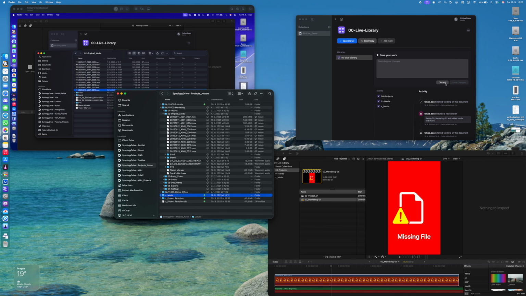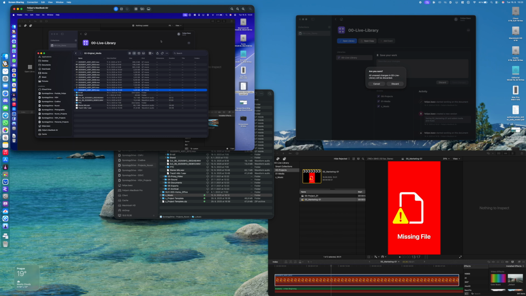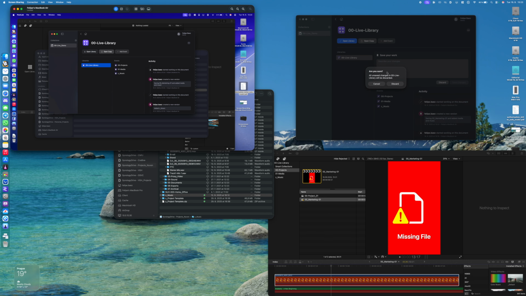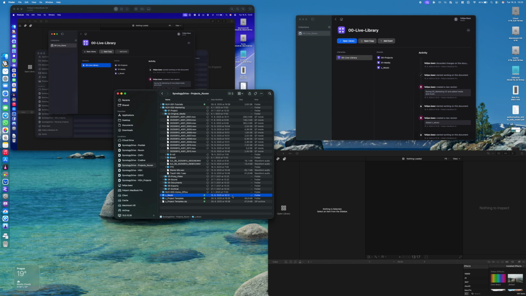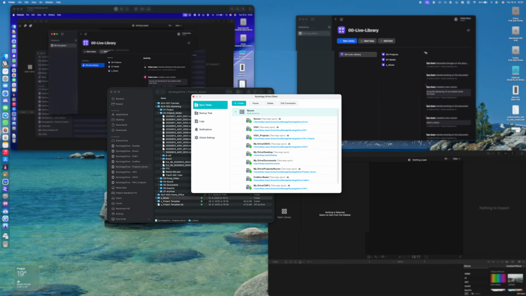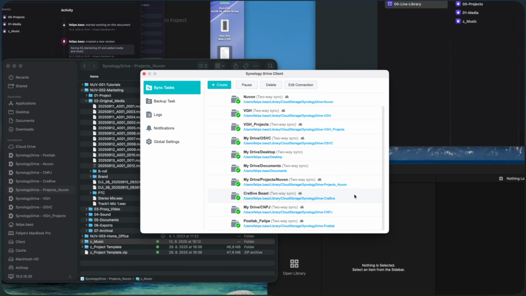So this is going to be very interesting. I'm going to discard this. We're going to see here on the MacBook Air, it's locked. I'll discard. We're going to see that update coming through. While that update's coming through, I'm going to do something very interesting here. I'm going to delete that